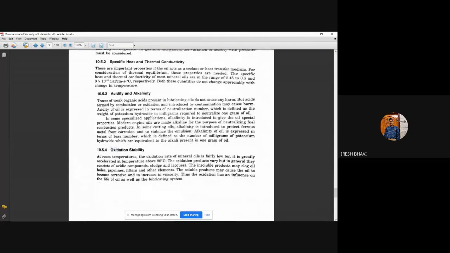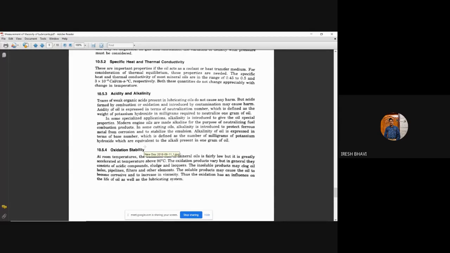Oxidation stability means what? This is the measure of oxidation of the lubricating oil. When the lubricating oil comes in contact with the atmospheric air, it will absorb the oxygen present in the atmospheric air, and that lubricating oil may get oxidized. And when the lubricating oil gets oxidized, that property of the lubricating oil goes on deteriorating. And that lubricating oil will not satisfy the function properly, because when its property deteriorates, it cannot satisfy the